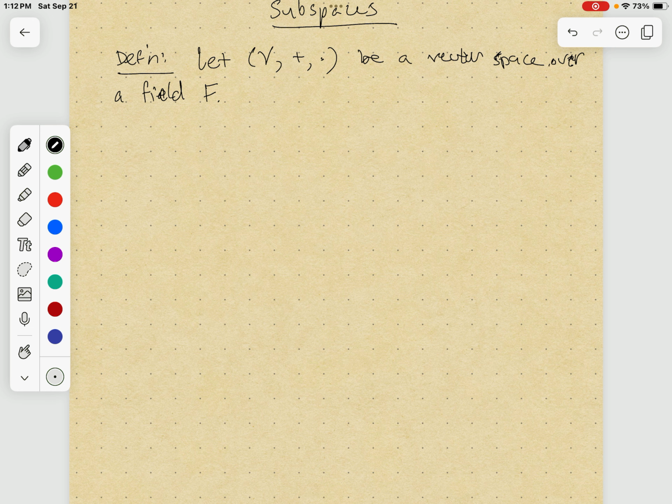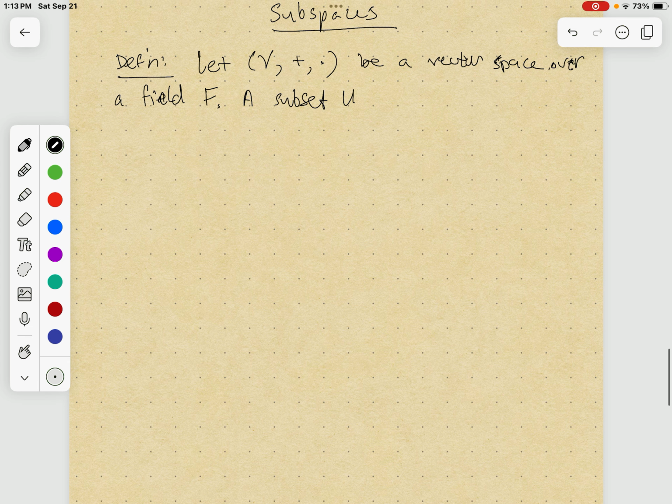So let V be a vector space over F. We want to define the notion of a subspace. A subspace is a certain type of subset of V. A subset U in V is called a subspace of V